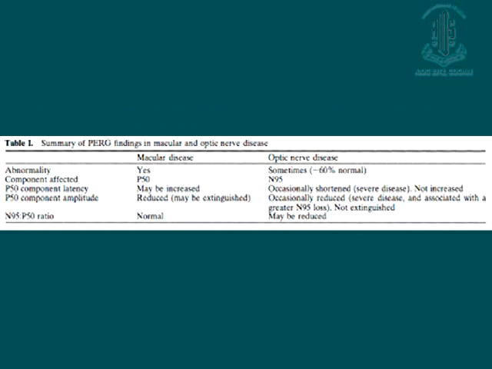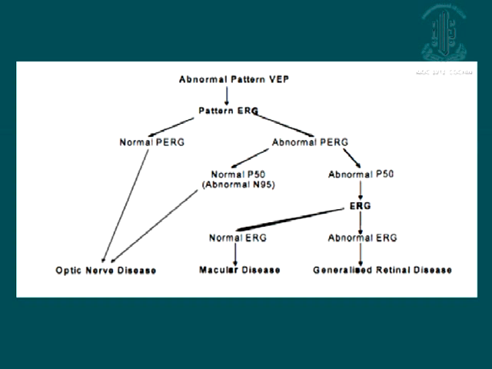This chart highlights whatever we have already told, what happens to pattern ERG in macular disorders, what happens in optic nerve conditions. And this algorithm, which I've taken from the case sheet itself, gives you one way of approaching a patient with vision loss. Somebody comes with a vision loss, you're examining the patient, not sure what the cause is. You do a simple VEP. If you get the VEP abnormal, then you go on to do the pattern ERG. When you say VEP is abnormal, we have seen that the pathology can be right in the fovea or retinal pathology up to the anterior visual pathways.